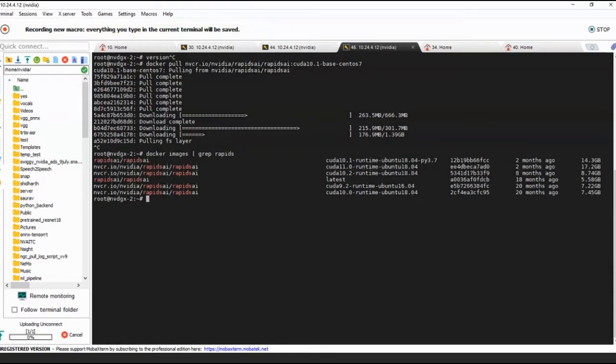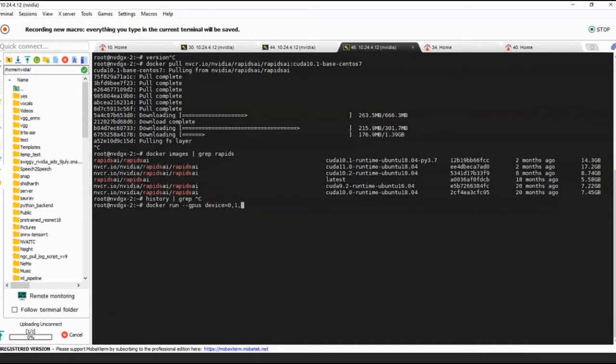Right. And to run this, the command is pretty simple. You can simply say docker, then you need to say run, right? After which you need to mention, because say you have n number of GPUs in your system, and if you want to restrict how many GPUs you want available inside the container, you can mention the number of devices, right? By mentioning devices equals 0,1, so on and so forth.